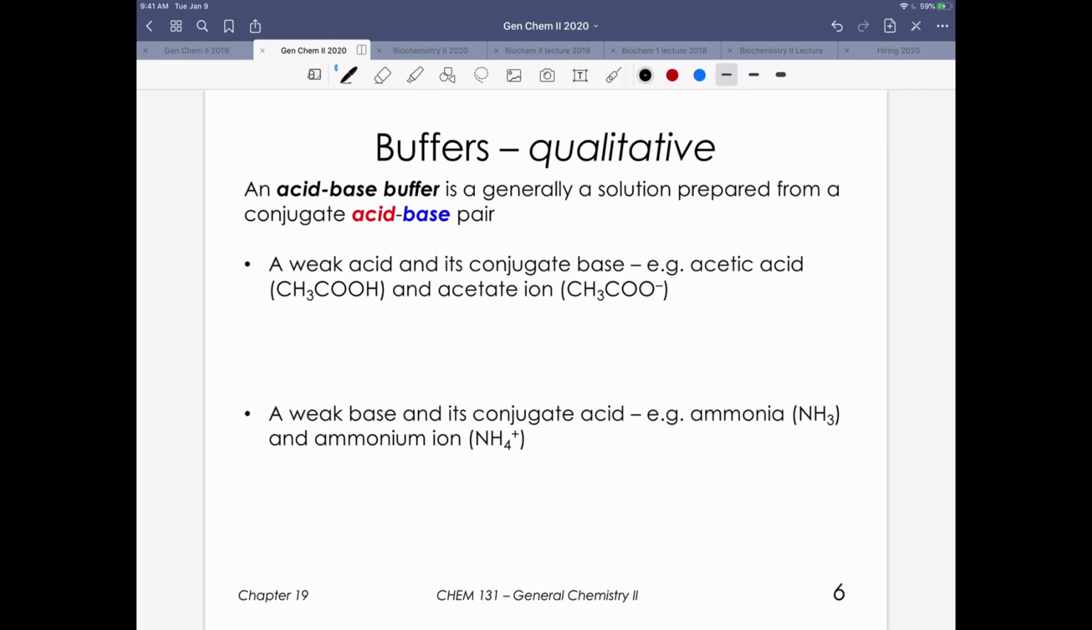All right, other things to think about here. If we're going to make a buffer, and this is where this chapter becomes a little bit different from things that we talked about in chapter 18, when we make a buffer, we really are going to have a solution prepared from a conjugate acid-base pair. Here are two examples of conjugate acid-base pairs. We could have a weak acid mixed with its conjugate base. So for example, if we've got acetic acid,